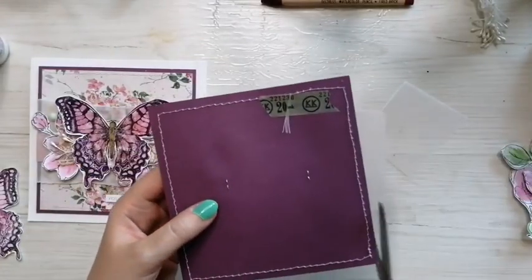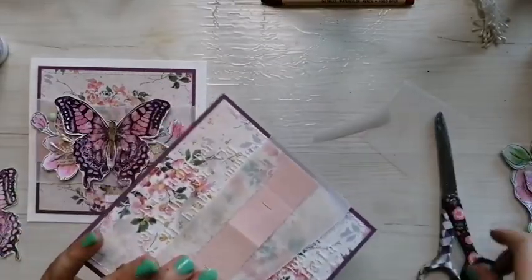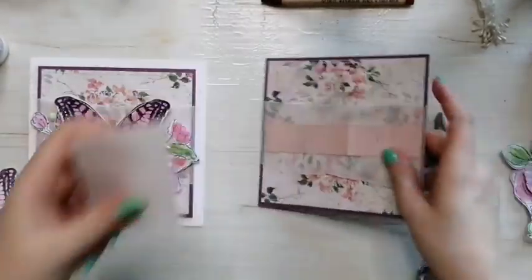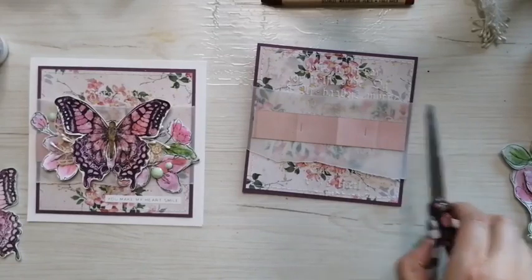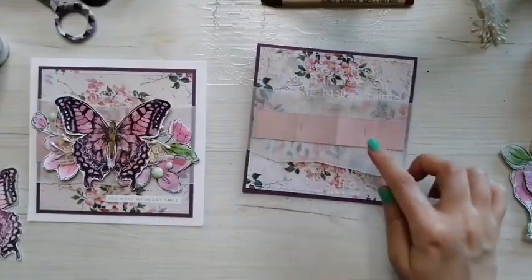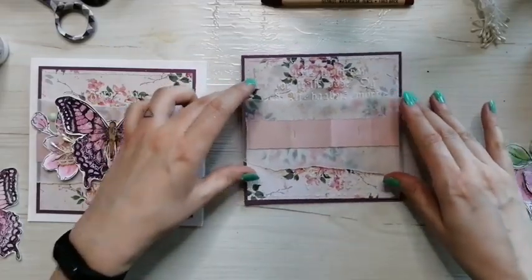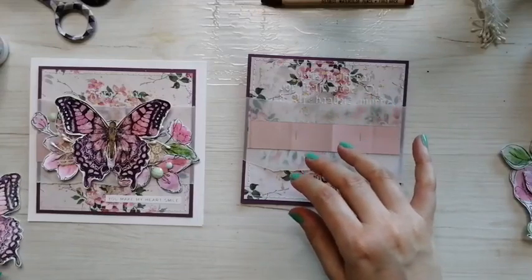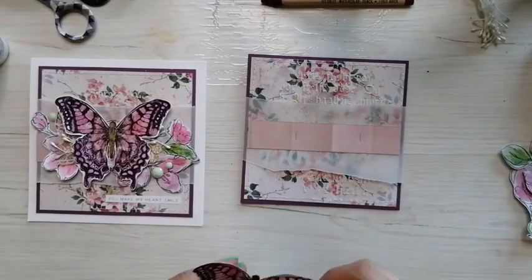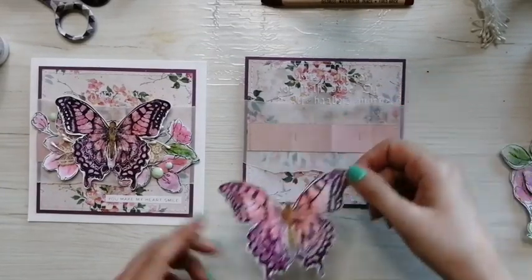Vellum can be tricky to adhere, so usually I tend to steer away from any kind of liquid adhesive for one, and then even double-sided tape. Usually I'll put it underneath something, because if you have used vellum, you know it looks a little bit different when there's the double-sided tape on top. So this one is going here,